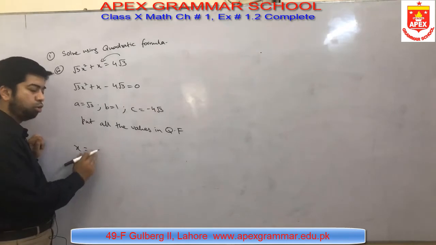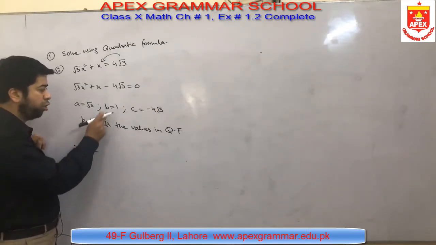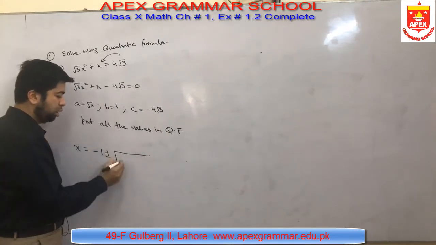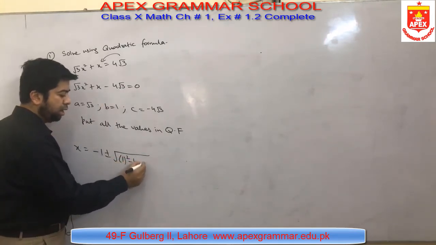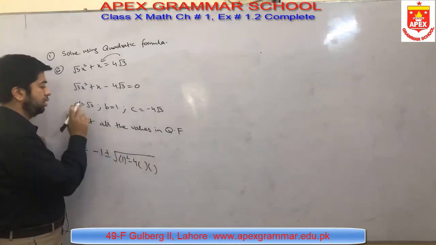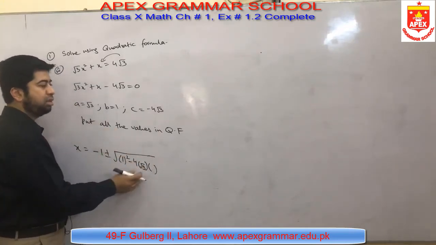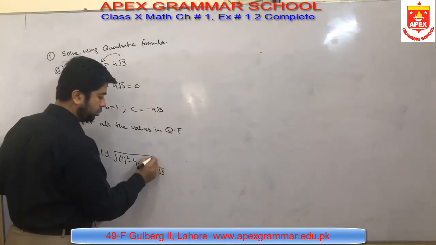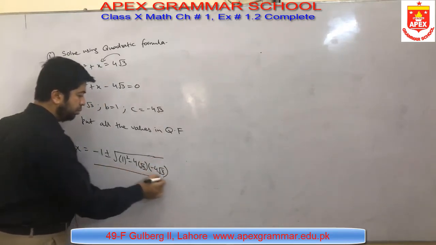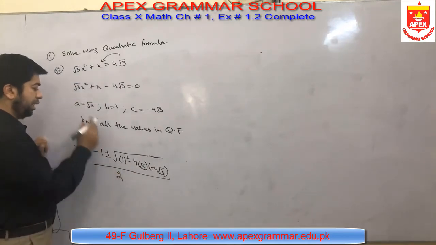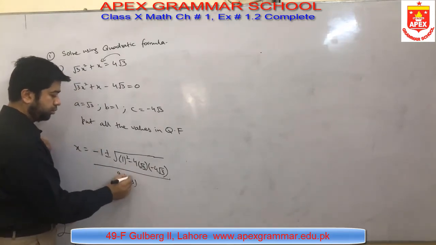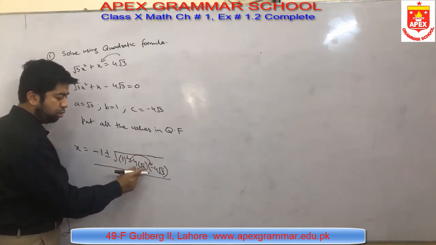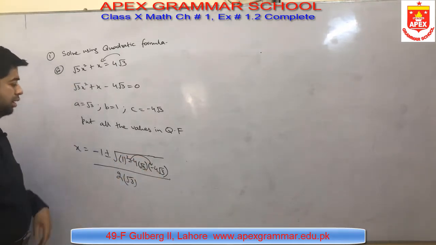So you know that x is equal to minus b. What is the value of b? This is 1, plus minus under root b square, that is 1 square, minus 4ac. What is a here? This is square root 3. What is c here? Minus 4 square root 3. Divided by 2, and a is square root 3. This minus is going to multiply with this minus. This square root 3 is multiplied with this square root 3. In the next step,